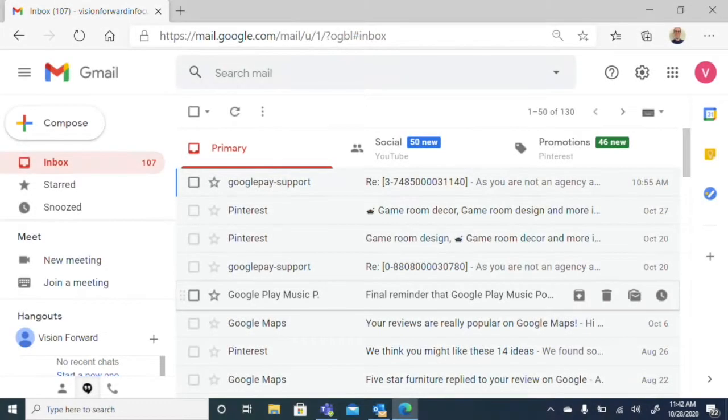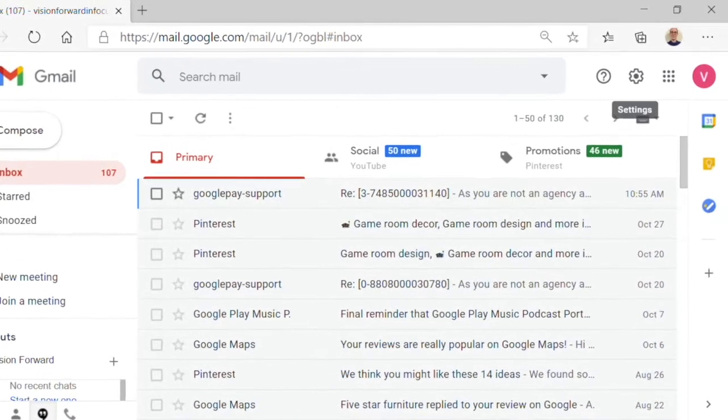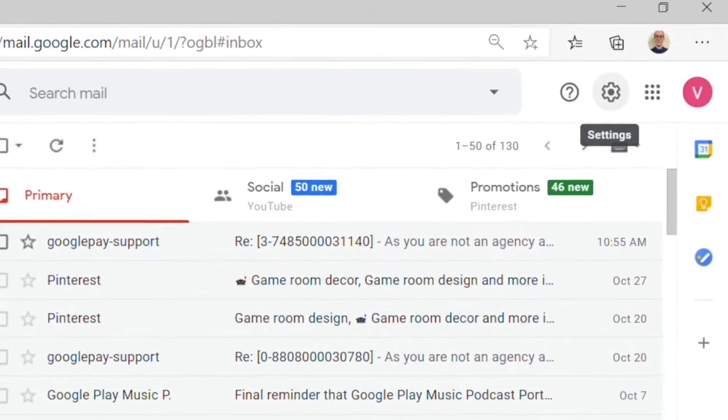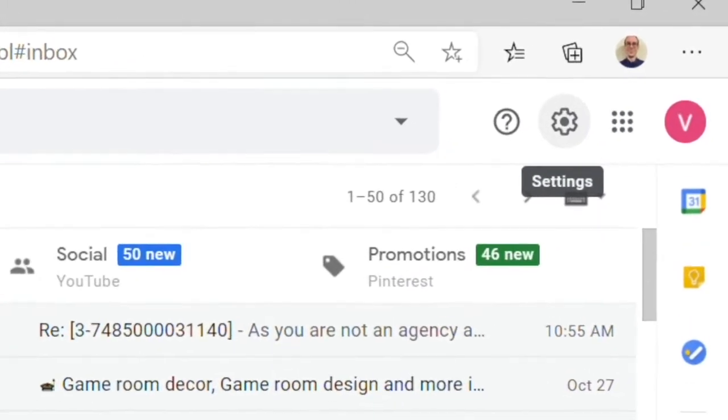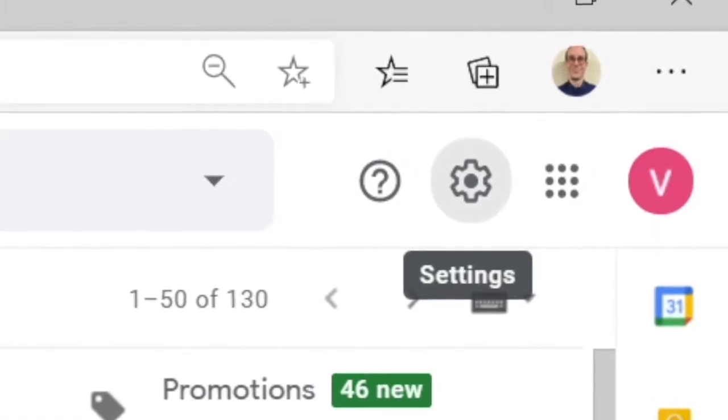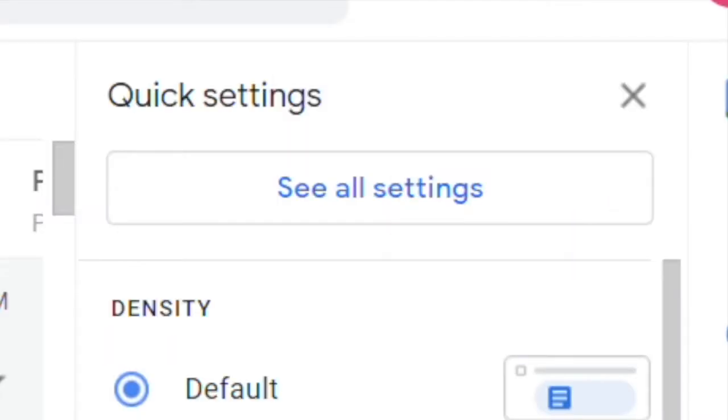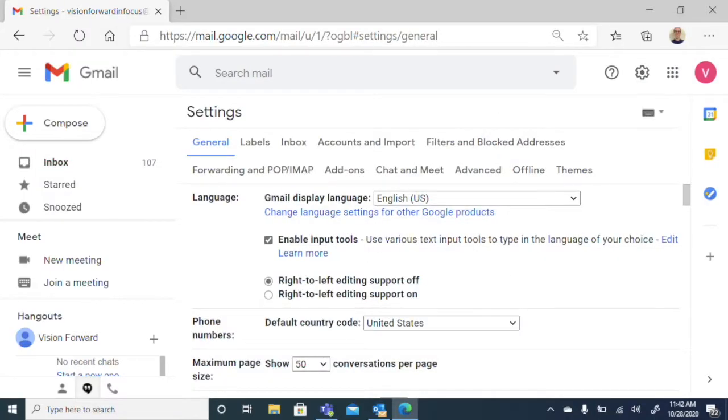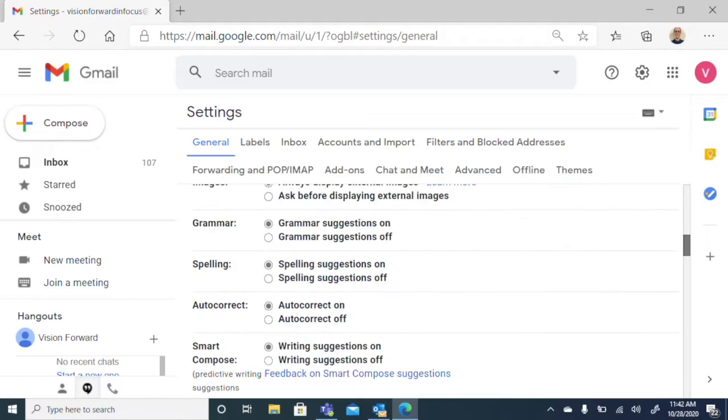But for the moment, let's go ahead and start taking a look at some of those default keyboard shortcuts. The first thing we'll want to do is go to the settings cogwheel at the top right of our Gmail screen, and we need to enable keyboard shortcuts in here. So we'll open up our quick settings here, and at the top we have an option to see all settings, and we're going to want to go ahead and click on that, and then we'll scroll down the settings screen